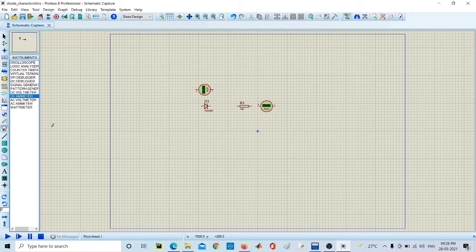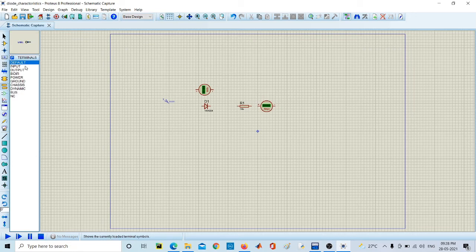diode. Now we also want the DC power supply. For the DC power supply, click here, select this and place it here. We also require a ground for this circuit.